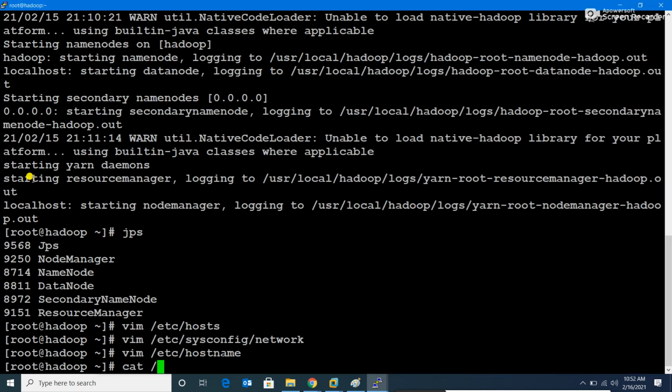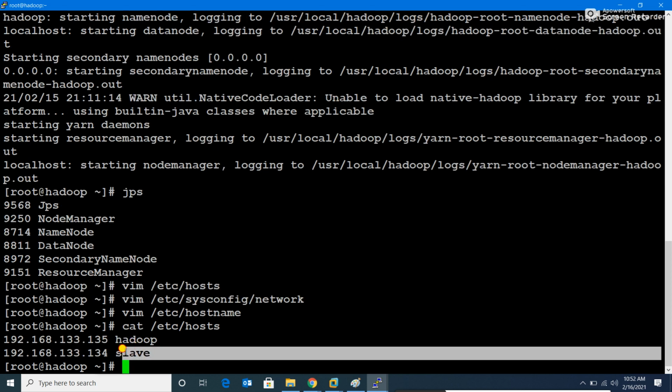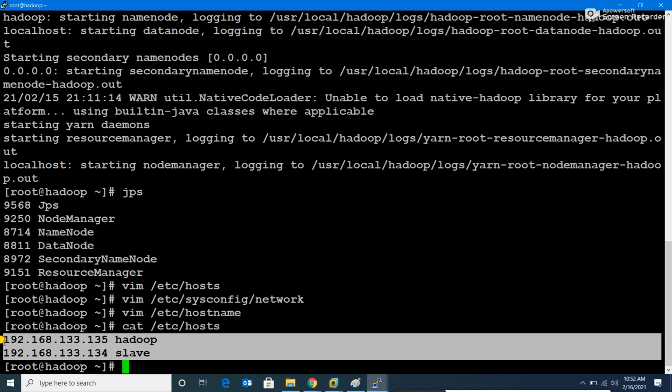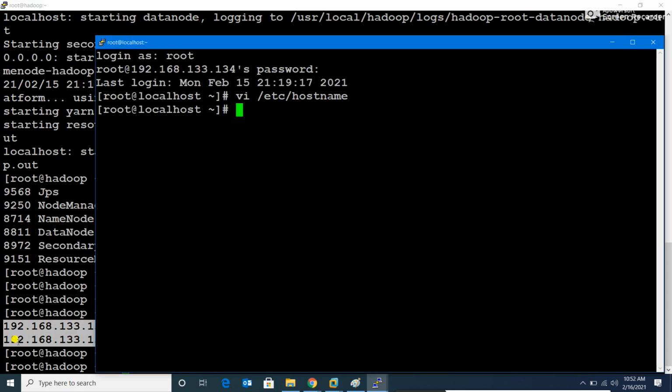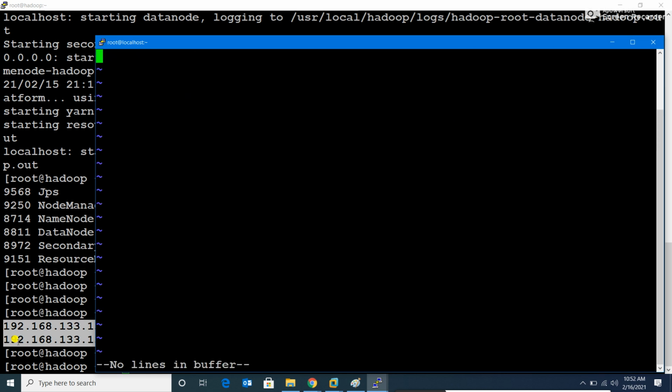Let me cat the /etc/hosts file. I'll copy both the IP addresses and the host names and put them in the vi /etc/hosts file. I'll remove this and put this data here. I hope you understand what I did.